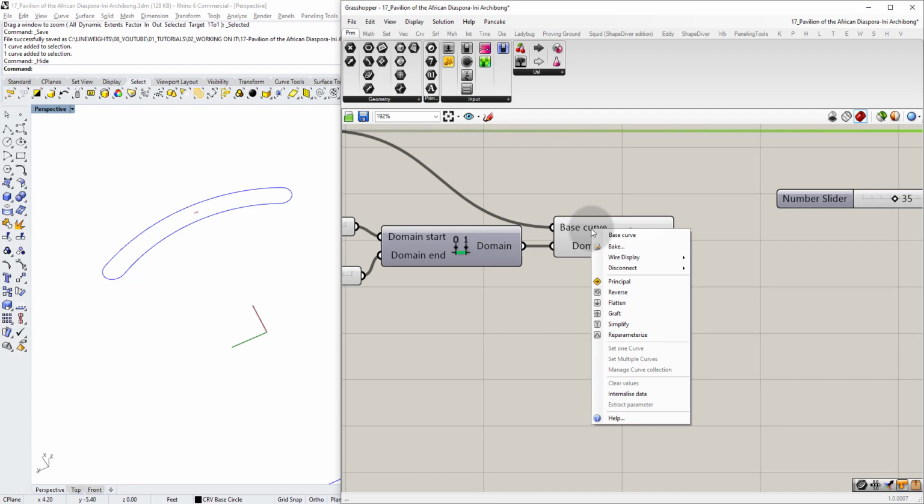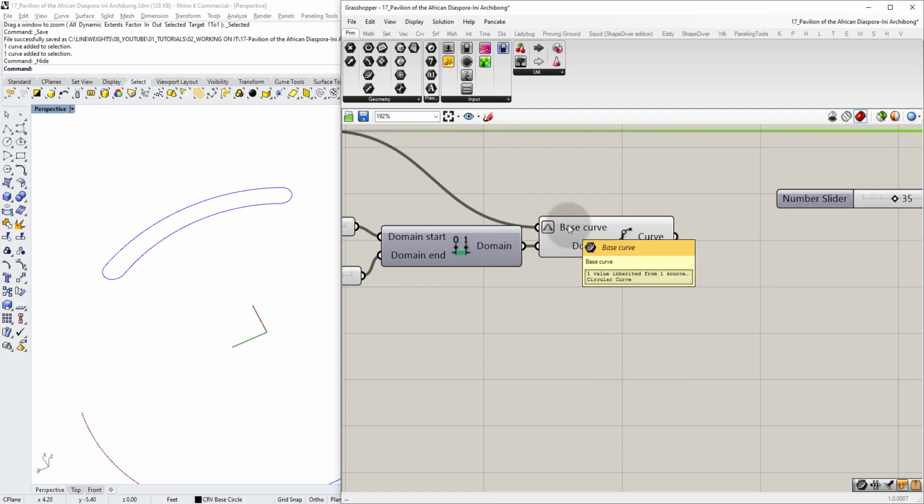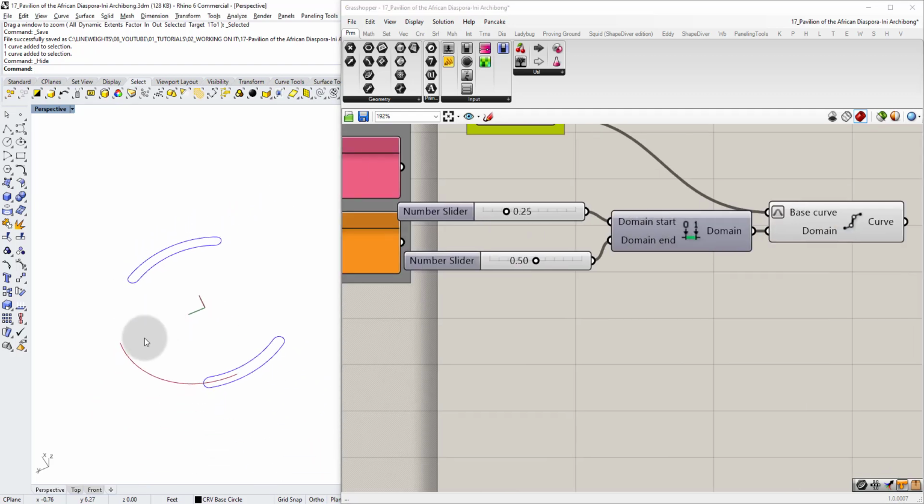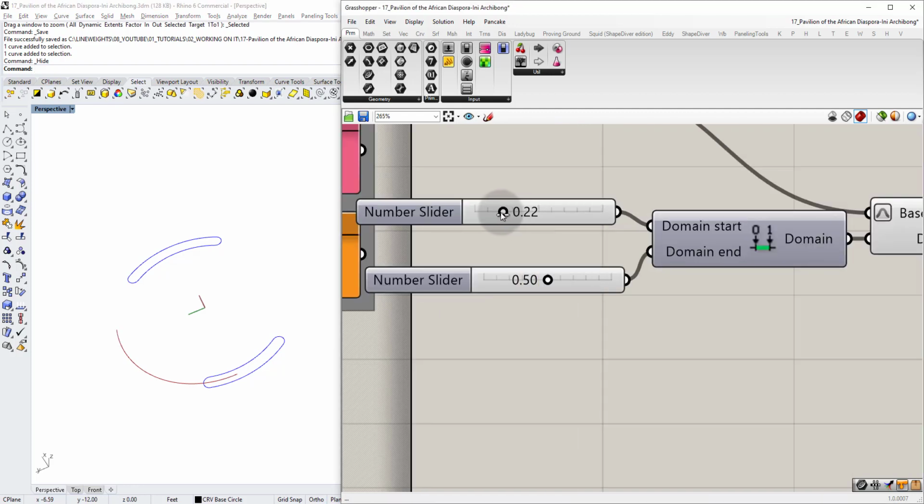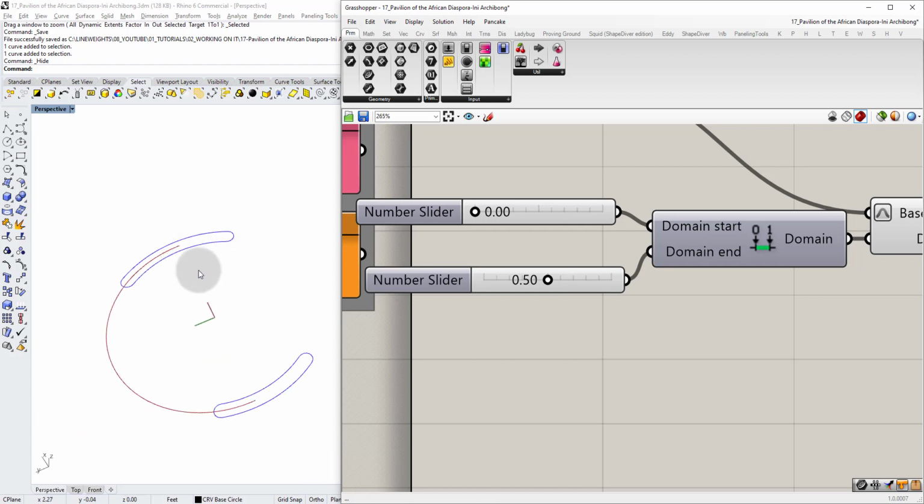You want to right click on the input and reparameterize. This tells Grasshopper, treat the beginning of the curve as 0, treat the end of the curve as 1. And now you'll see that is a much larger portion. So if I take the 0.25 and I scroll back to 0, that's kind of where the curve starts. And you'll see I had a 0.5, so it went halfway through the curve, so that's a full semicircle. If I continue going up, it'll complete the circle, and if I continue going down, it's gonna come towards the